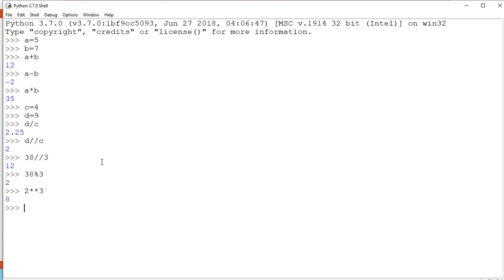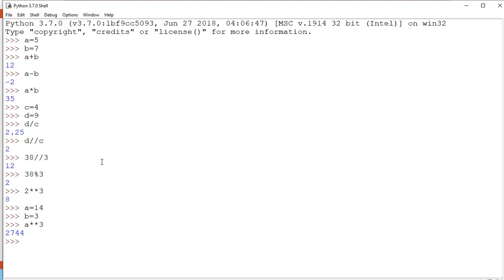The answer is 8. If you want to raise anything to a particular power, you have to do this only. For example, if you write a is equal to 14, and you want 14 to the power 3, and you have written b is equal to 3. Now you want the result as 14 to the power 3. So you write a, then double stars, and then 3. This will give the value by raising it to the power 3 and the answer will be 2744. That is, 14 to the power 3 is equivalent to 2744.